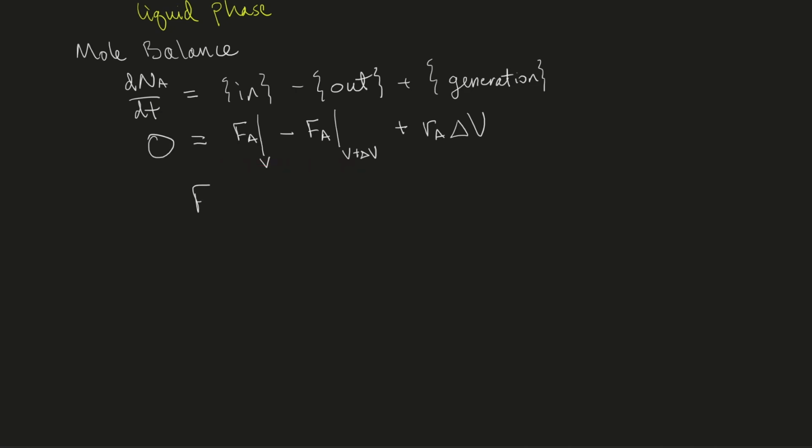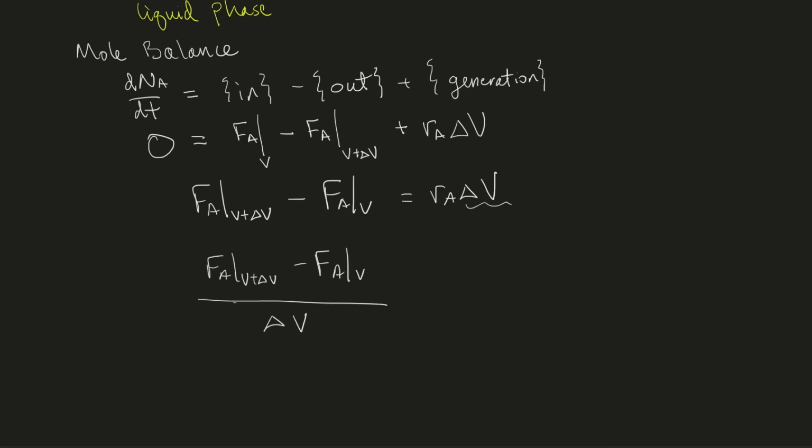So we have FA evaluated at V plus delta V minus FA evaluated at V is going to be equal to RA times delta V. And next I'm going to divide by delta V to solve for RA. So we get FA at V plus delta V minus FA at V divided by delta V